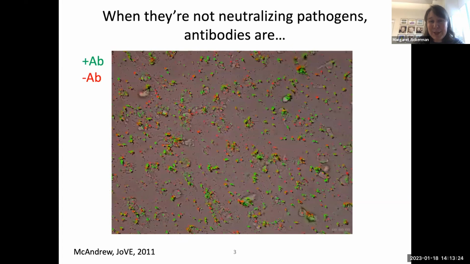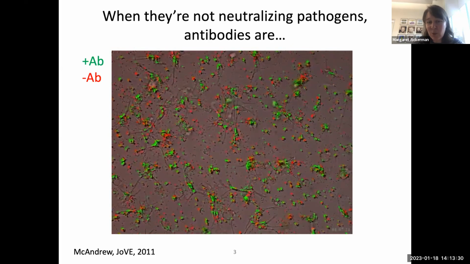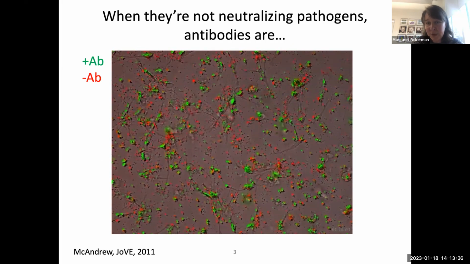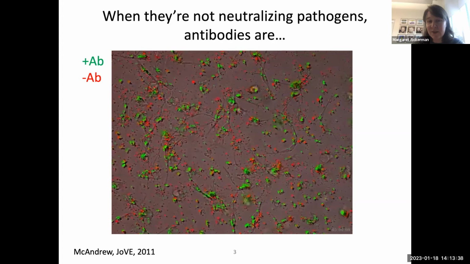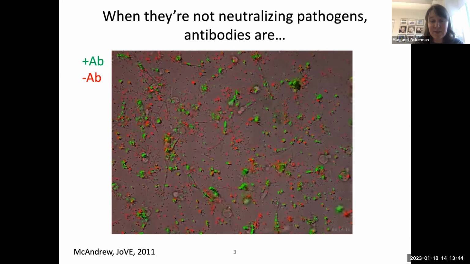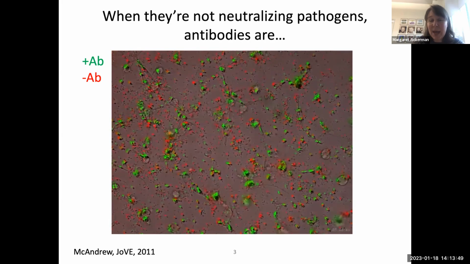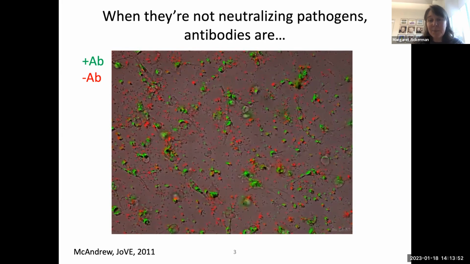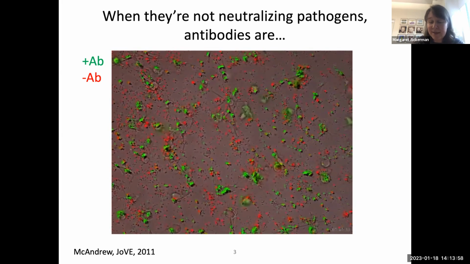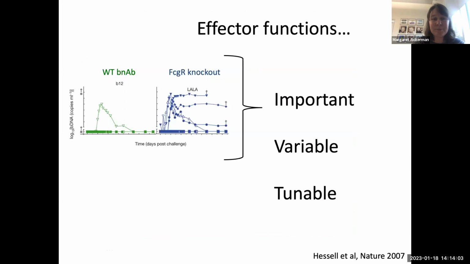And so to remind people about what this really looks like, this is a video of THP1 cells. This is a monocytic cell line, and they are gobbling up the green fluorescent beads, which are coated with antibody on their surface, and pretty much ignoring the red fluorescent beads, which are identical on their surfaces, except for lacking antibody. And so these are really powerful activities that can complement or extend beyond neutralizing or direct antipathogen effects mediated by the variable domains of antibodies.